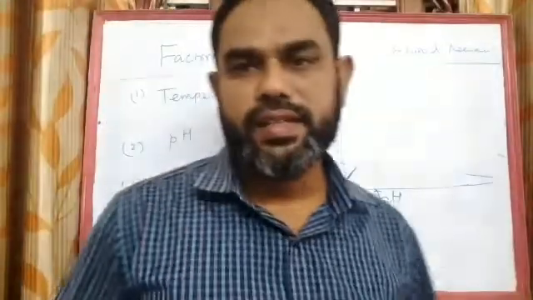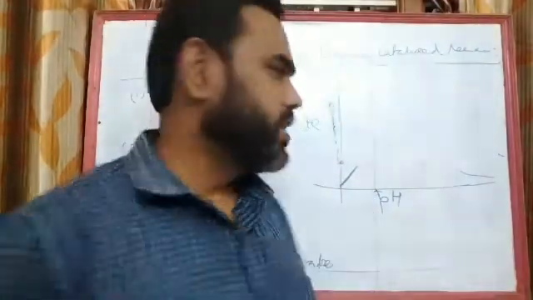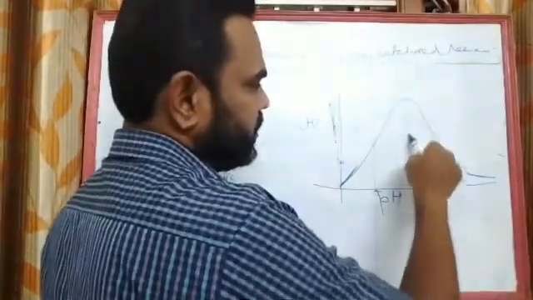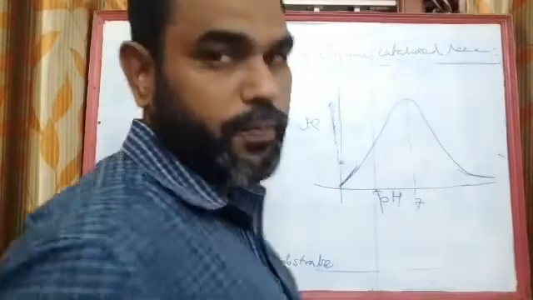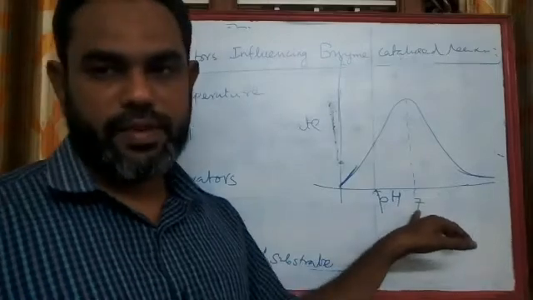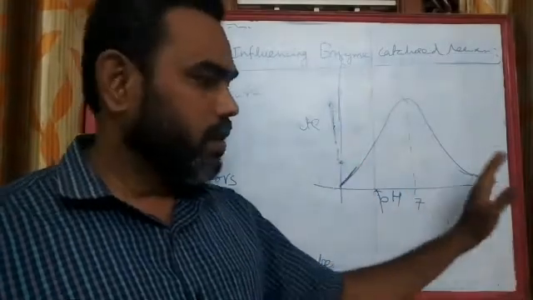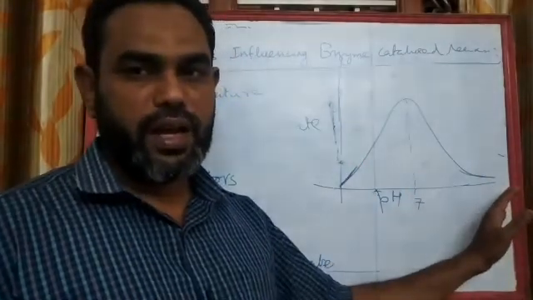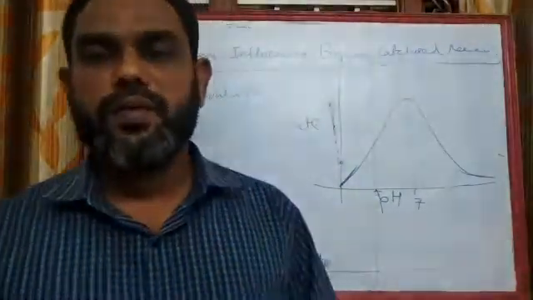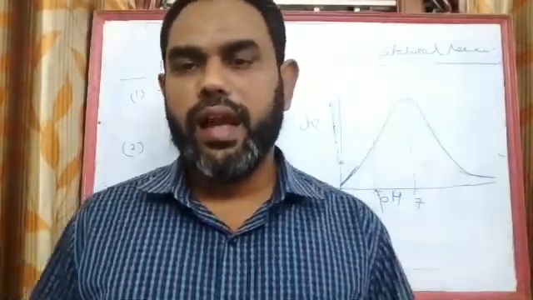Most of the enzyme catalyzed reactions are at optimum pH, at a neutral condition. So the reaction reaches a maximum and falls down. This is pH 7. Most enzyme catalyzed reactions proceed at the maximum rate at pH 7. At a low pH condition it is very poor, and also at an alkaline condition, at high pH, it is also very poor. But it is not the case with every enzyme. Some enzymes are active even at an acidic or an alkaline condition.